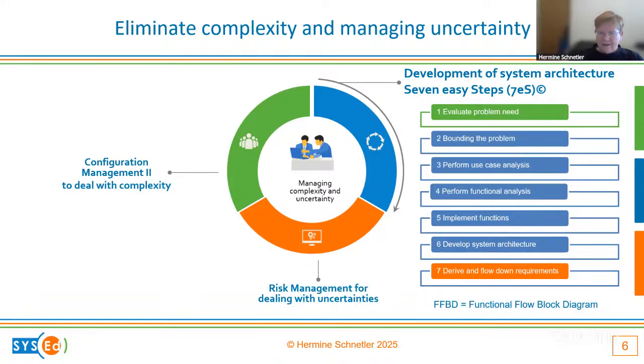And once that's done, and you will do it to a level where the systems engineer can partition these solutions into subsystems by making use of a very simple rule that says, for each system, you should have high cohesion of functionality in it and low coupling. Why low coupling? Because that, again, reduces and simplifies your interfaces between your system blocks. And then once you have your functions, you can derive and flow down requirements.